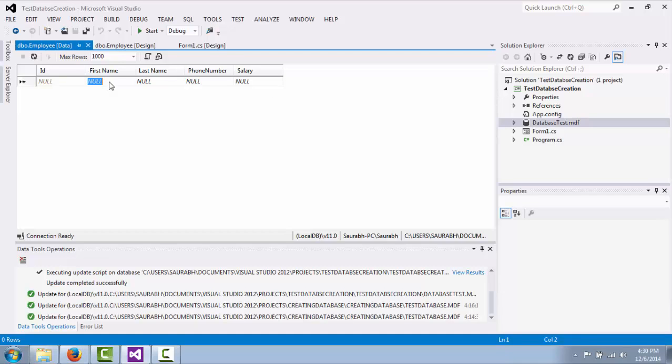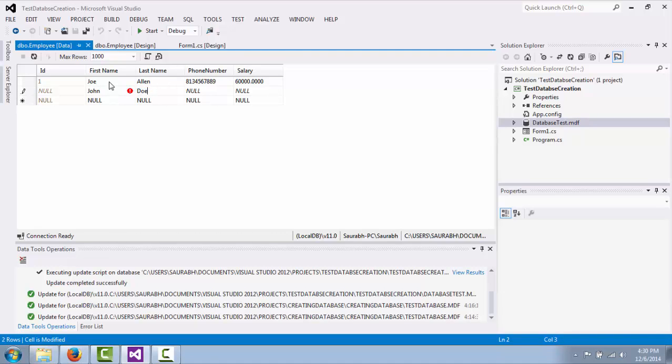We can give our first name as maybe Joe, and then you can see a red icon that is coming up. It indicates that a new data has been entered to the column, but it has not been saved yet. So it would go away once you step off the record. Let's enter a phone number and let's enter the salary. Let's give a second name,